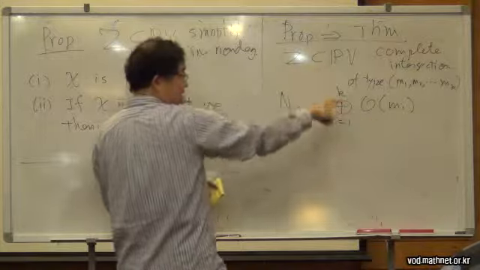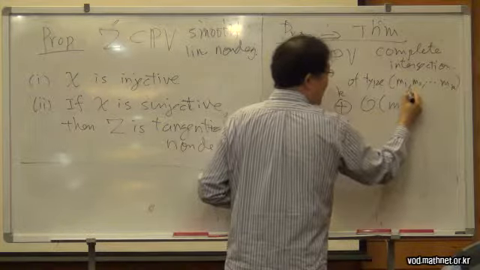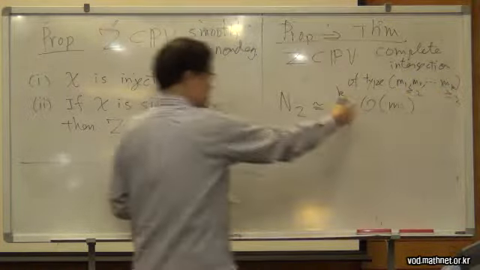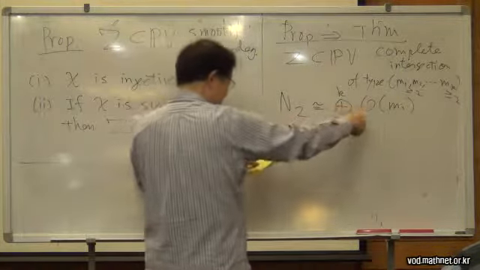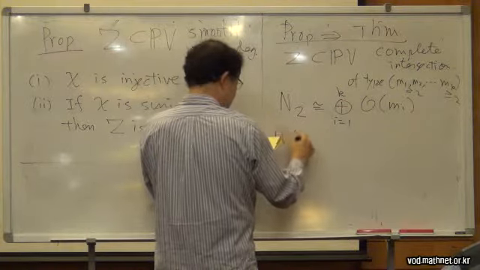And since it's linearly non-degenerate, these are all at least 2. So the normal bundle splits into line bundles, and then H0 of